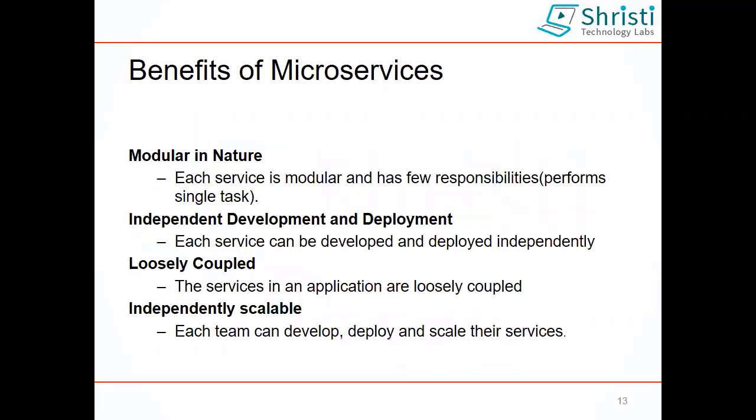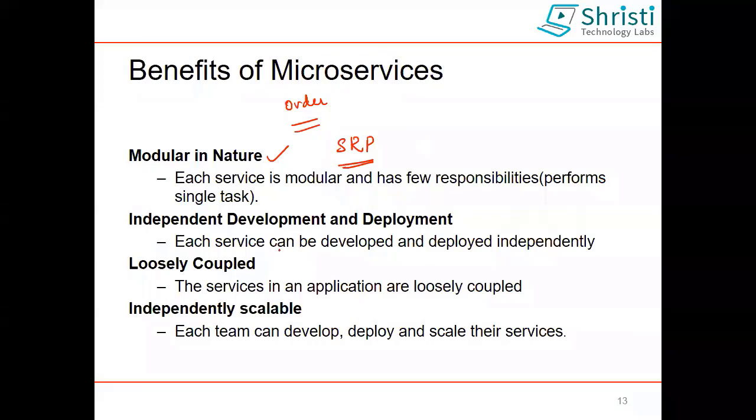So when you say microservice is an architectural style which is nothing but a combination of loosely coupled services, what is the advantage? Each service is nothing but one simple functionality. Say for example, if you talk about order service, it is just going to talk about the order alone. It is not bothered about the customer or the billing or seller. Only it is going to talk about order. So it is modular in nature. Each service is modular. They are going to follow the single responsibility principle, which is a design principle which usually we have to follow in Java.